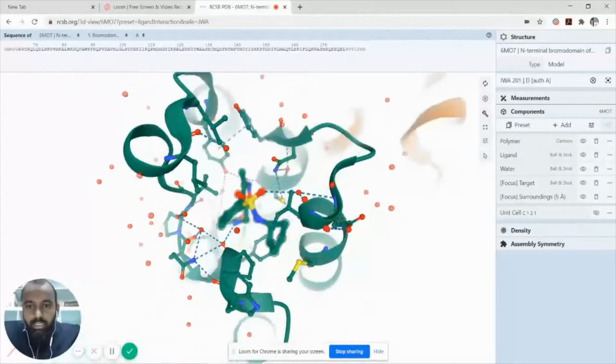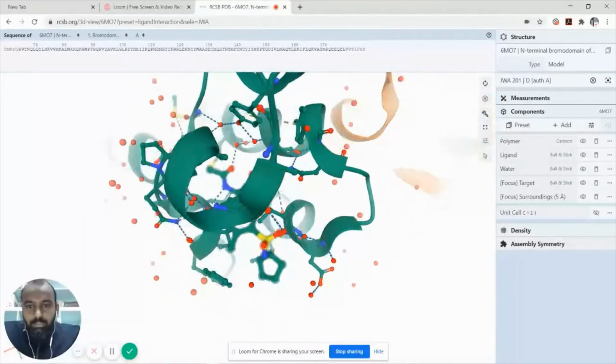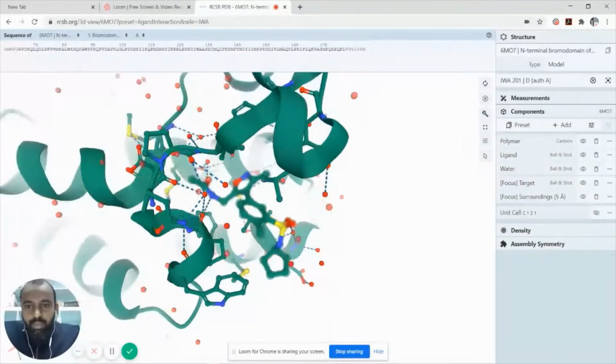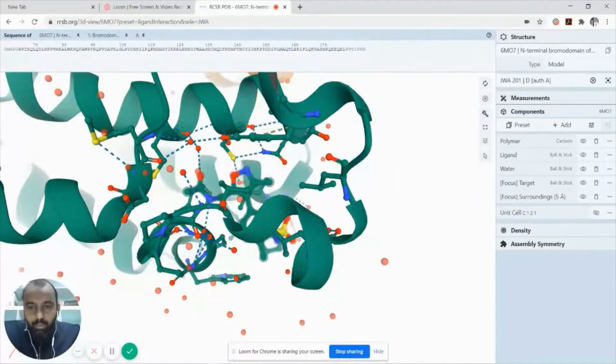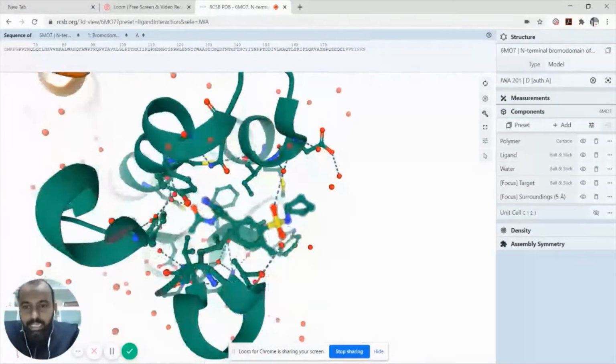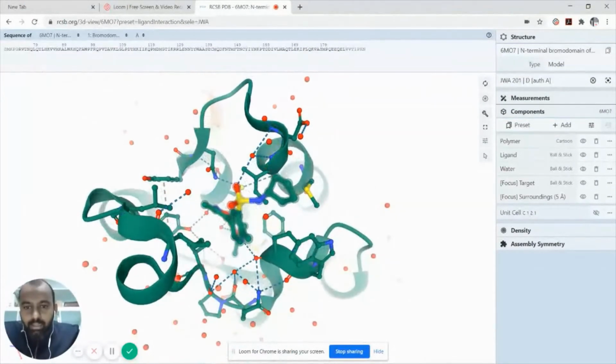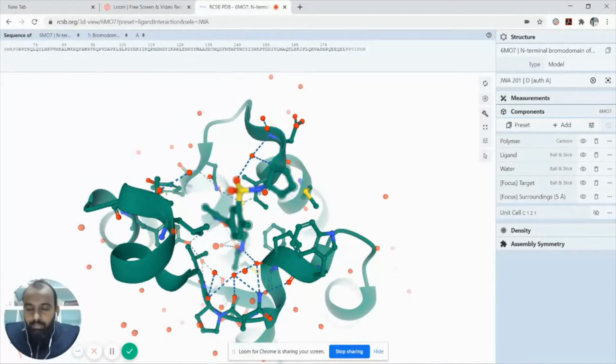Further, you need to understand that this protein, 6MO7, is an oligomeric protein which contains 3 chains, that is, 3 similar monomers crystallized in the form of a polymer. These are the fundamental information you need to know from the basic structure.